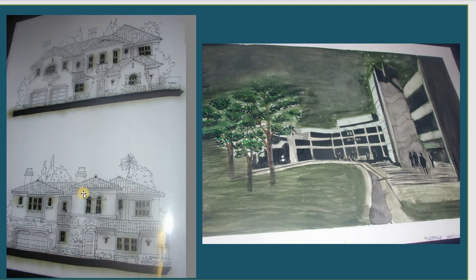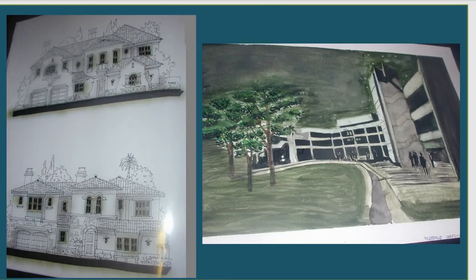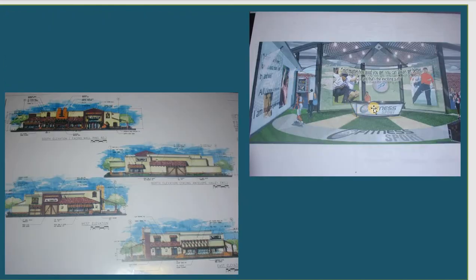This one is a project I sketched when I worked long ago with the company R&M, and this one is watercoloring.